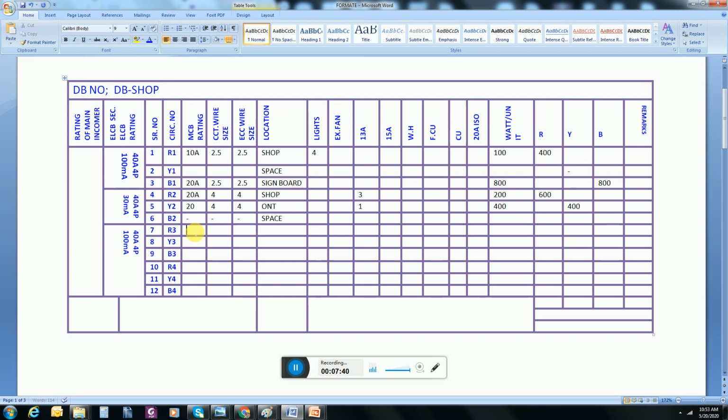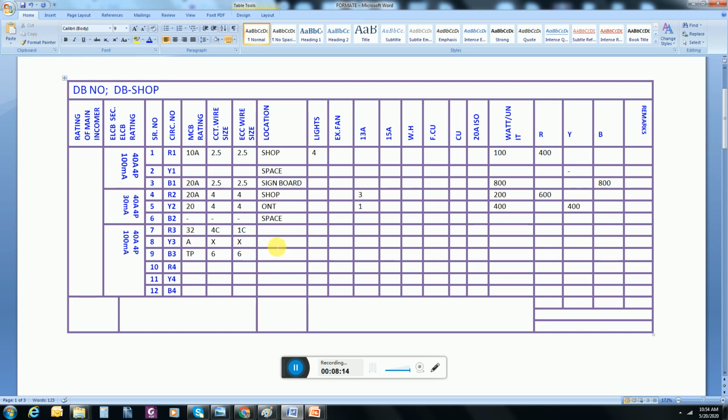It will be a 3-phase AC, so I will write here the MCB rating like this. Its wire will be 6 mm, and single core, meaning ECC, will be 6 mm.